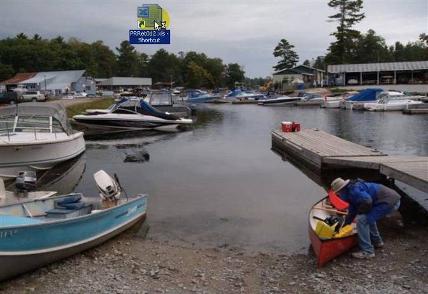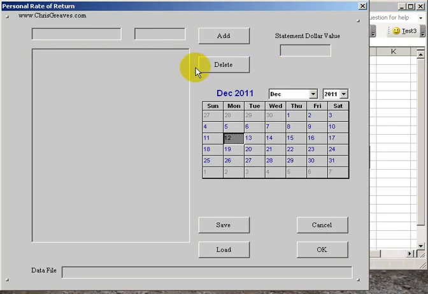I'm going to load up the workbook, the Excel workbook that contains the calculator, and it comes straight up into what we call a GUI form. Now first off, I'd like to show you how you can enter data pairs, and the format of entering data